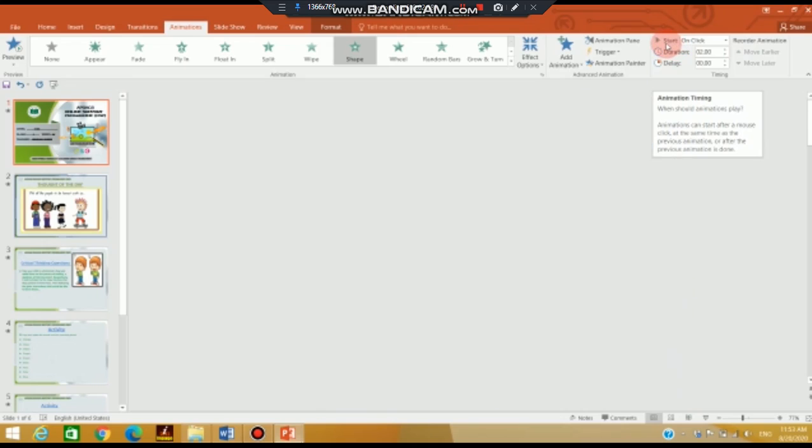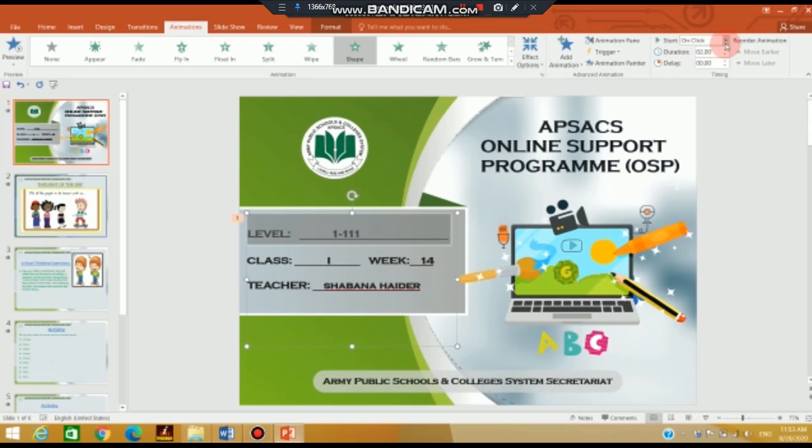Now I want to start my animation when I click my mouse, or with previous, or after previous. So I want to add the duration for my animation. I am adding the duration as 50 seconds, and I want to delay the animation timing, so I am adding 25 seconds over here. This way we can add timings to our animations. So my first sentence has these timings. On the second one I want